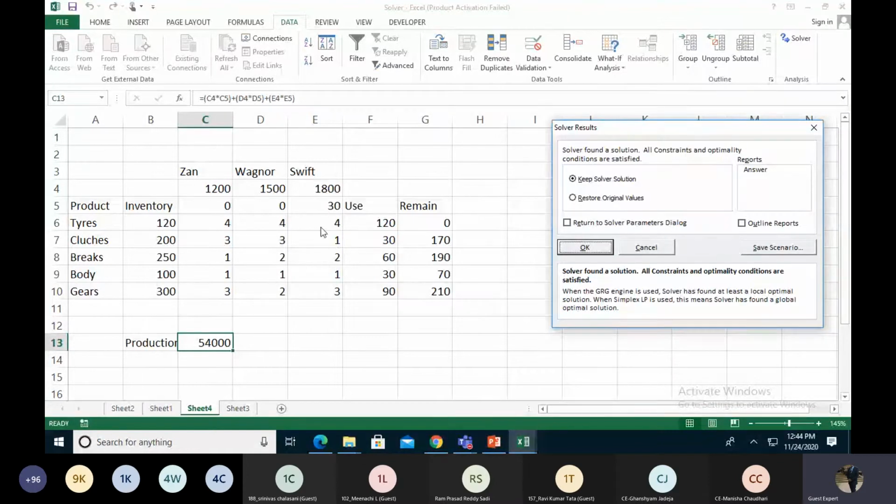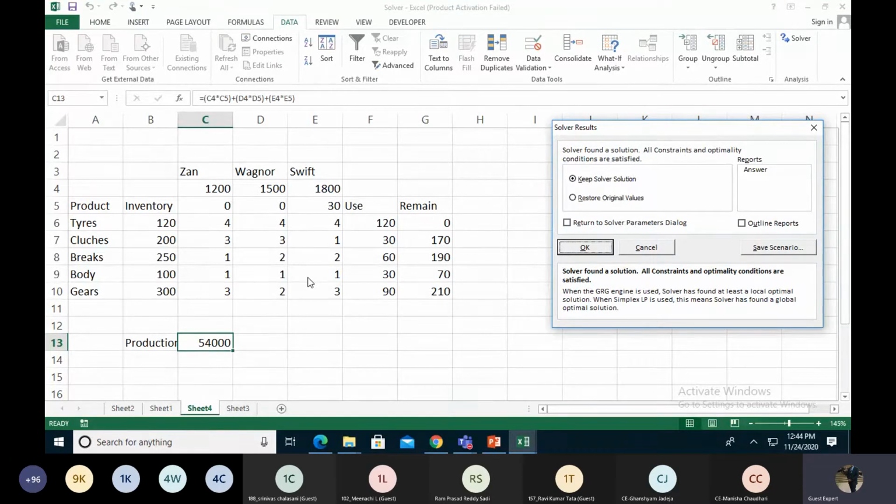They say that the Swift Desire is most desirable for you. So you have to do the maximum production of the Swift Desire. So that is a solver, which gives you a lot of range of criteria, which we are not seeing in Goal Seek. So that is the advanced level of Goal Seek, and we can find out the predictable result. They find the most probable results. How much they can get in the result, they have to find out, and then after that give the sorted result to us. So I'm sharing this sheet with you.